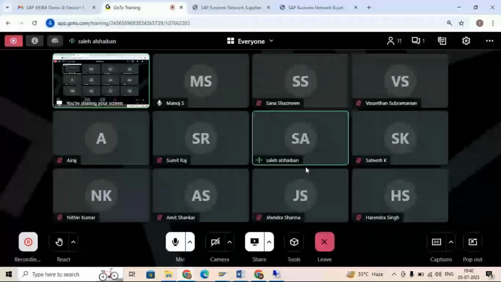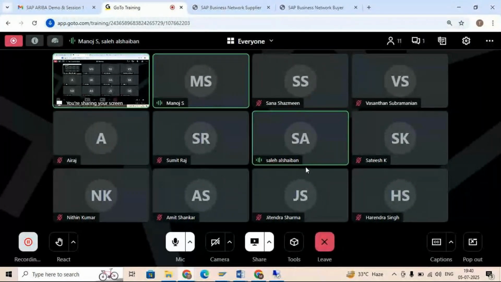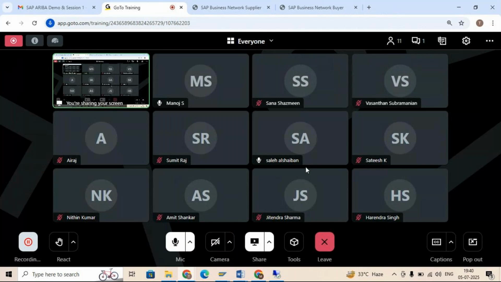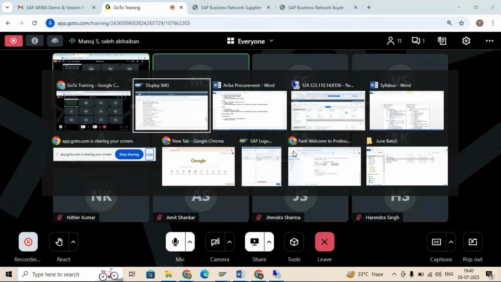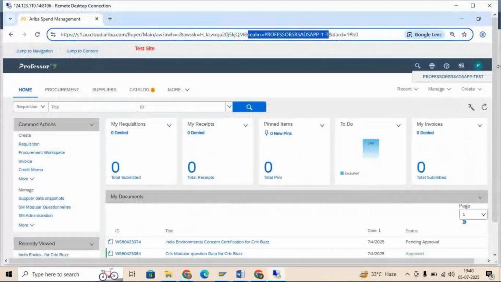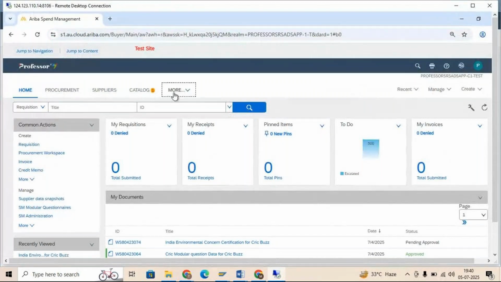Are you going to explain guided sourcing or the classic one, the interface? No, I'm going to train both sourcing modules. Guided sourcing is the evolving one, which has a different user interface, and I will teach how it works in the market. There is nothing different except the user interface. If I go to the tab,